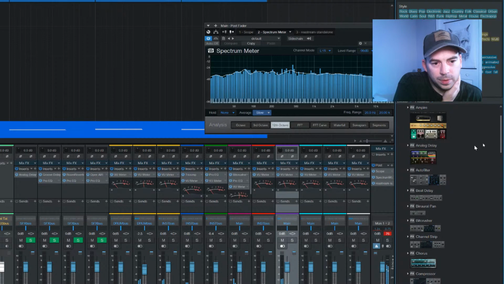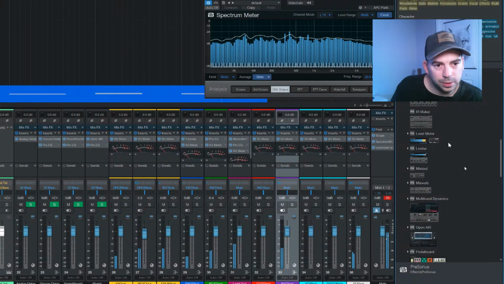Some of those guitar effects might work. Where's that guitar chain? Pedal board, here we go. We're just gonna get nasty. Find something that can be like a module playing your bass or